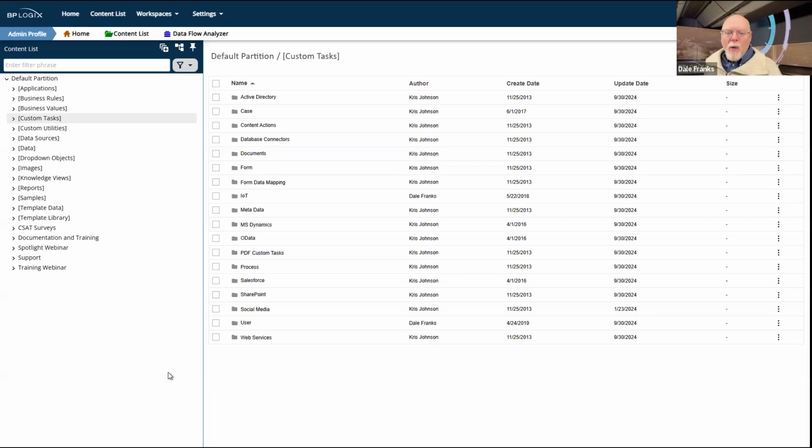The reason why we have these folders with all of the square brackets in their name, and the reason why they're all set up so that they're at the root level of the partition, is because if I have a production server and a development server, I'm going to be exporting, or ideally, I'm going to be exporting all of my applications from the development server back over to my production server.